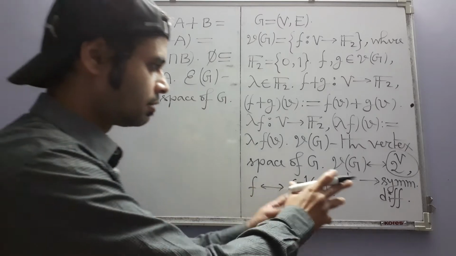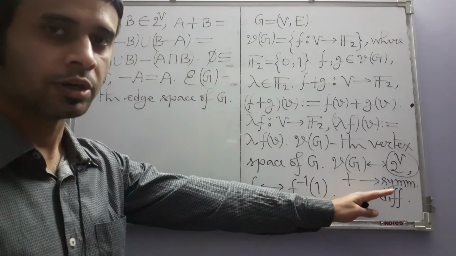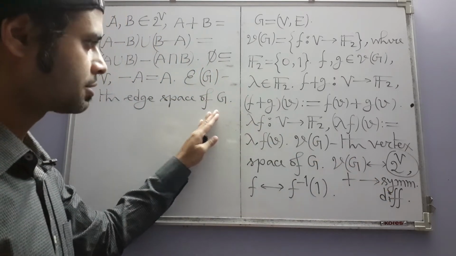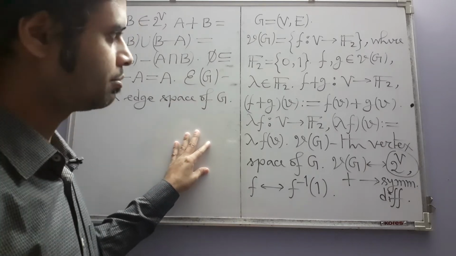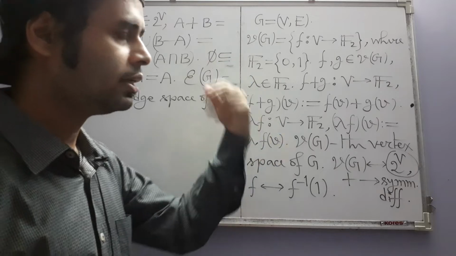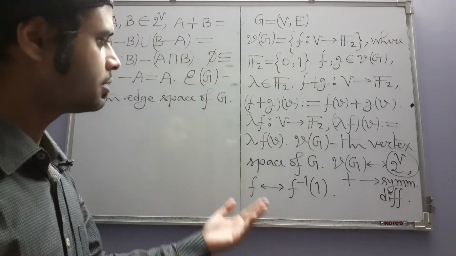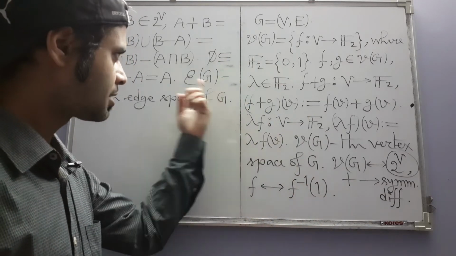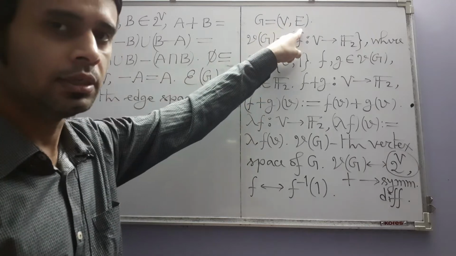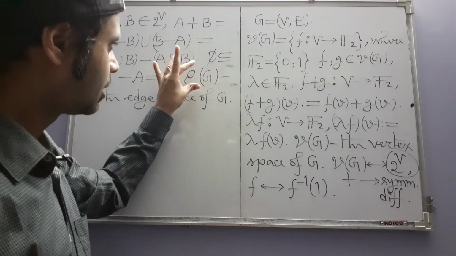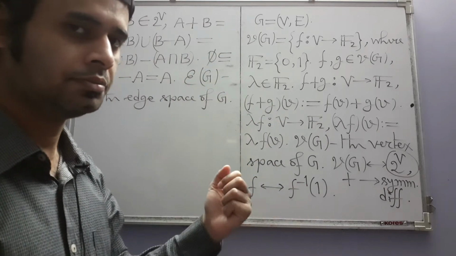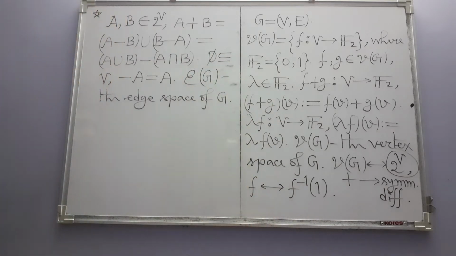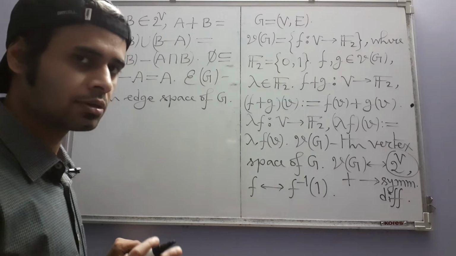And in this representation for the edge space, the elements in the edge space of G, we are not going to consider them as functions from E into F2, but rather as subsets of the edge set E. That means our edge space as a set is the power set of E. And now we define the cycle space of G